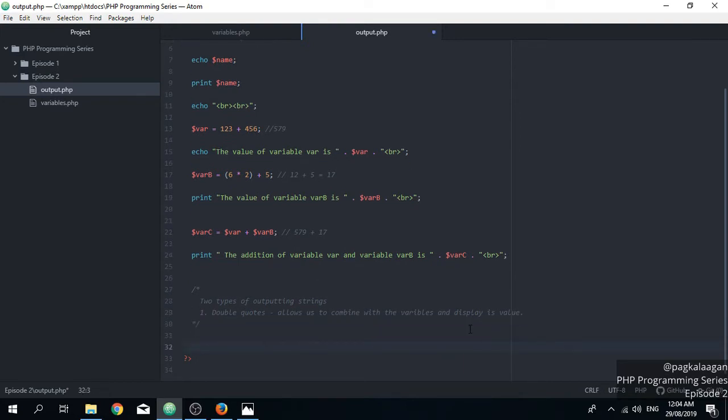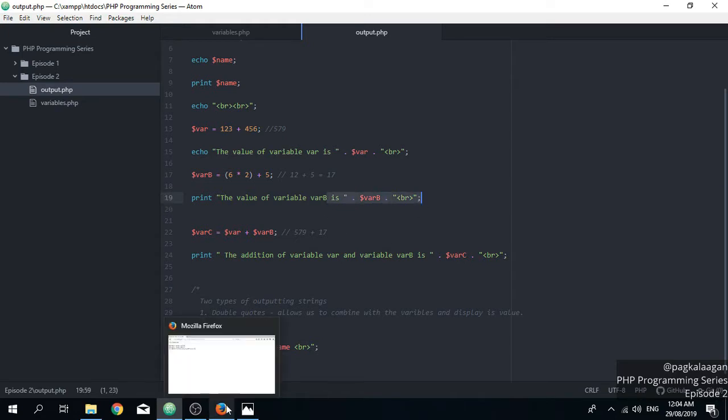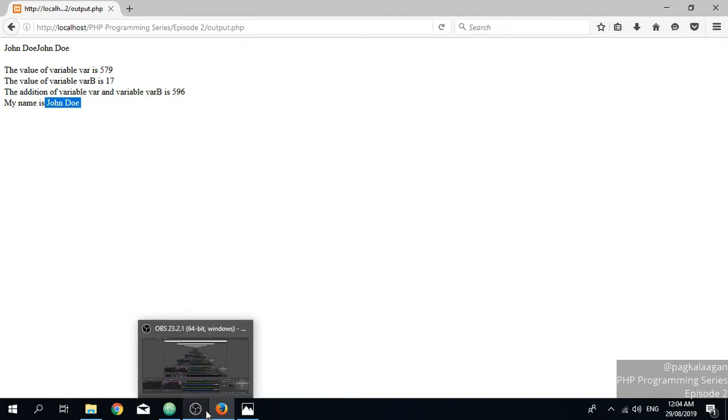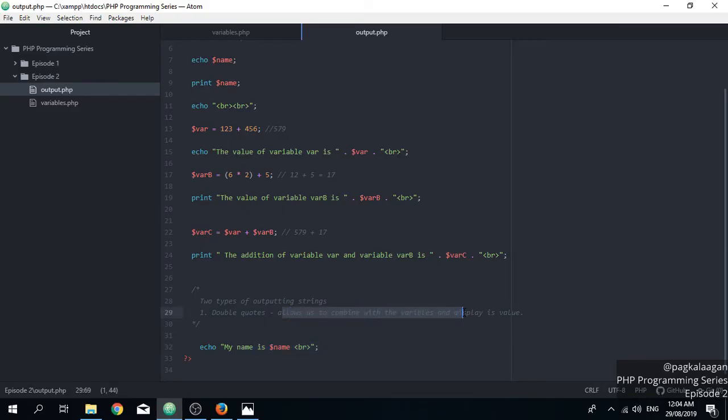If we're going to take an example to echo "my name is $name", this is a shortcut. You don't have to add the string concatenation symbol or the operator for that. You can just combine "my name is" and the name. If we output this one, we will see my name is John Doe, because we are using the double quotes. This allows us to combine with the variables